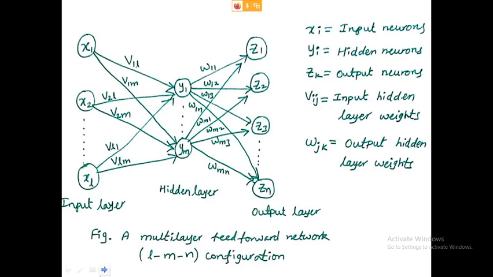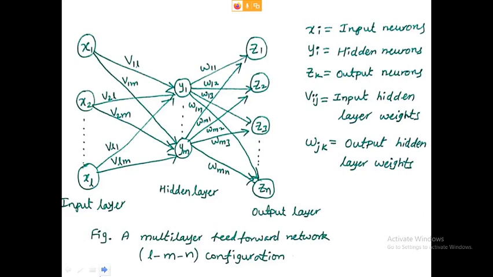So if you adjust the free parameters between the input layer and the hidden layer, the performance will be improved up to the hidden layer. From the hidden layer to the output, you again have a few more parameters to adjust to get the proper output, or to get good performance in the output layer. So this is the multi-layer feed-forward network. It can be represented like this.